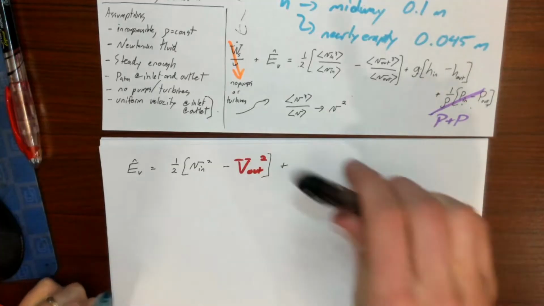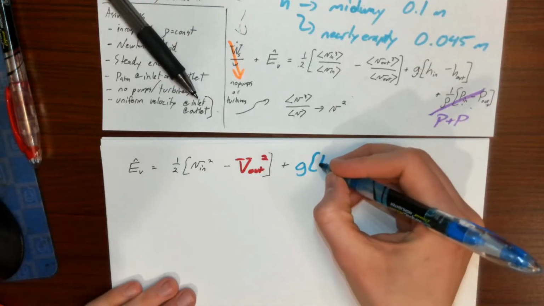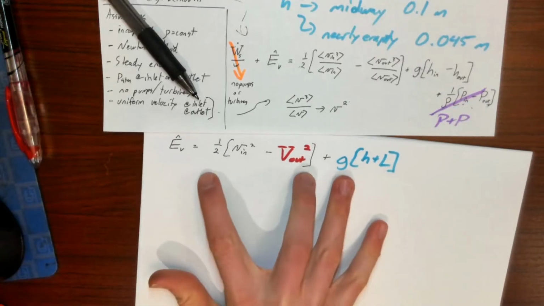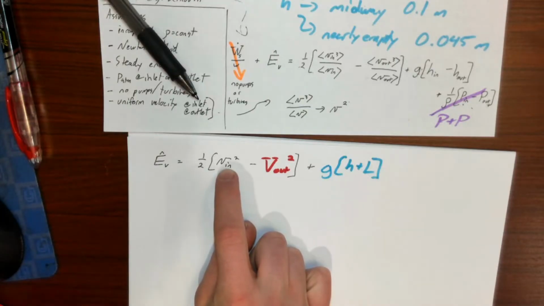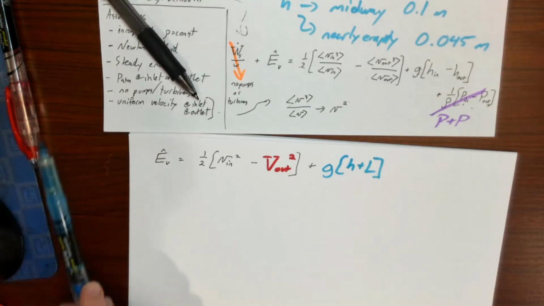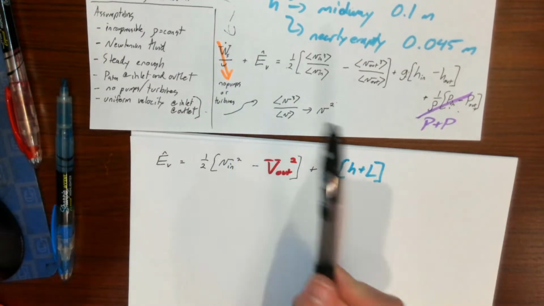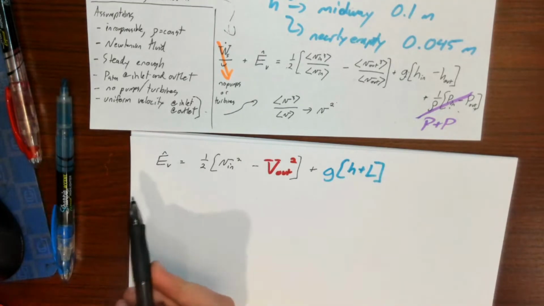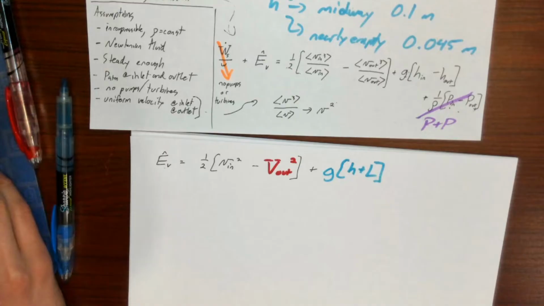So h in minus h out is going to be L plus h. And g is, of course, also a known constant. So what does that mean? It's basically g times (h plus L) right here. And of course, this last term is 0. So what does this mean? I've made a lot of progress. I haven't totally squared away what this inlet velocity is yet, nor have I squared away what these viscous losses are. But compared to my original conservation of energy equation, we've done pretty well for ourselves. So now let's work on these last two